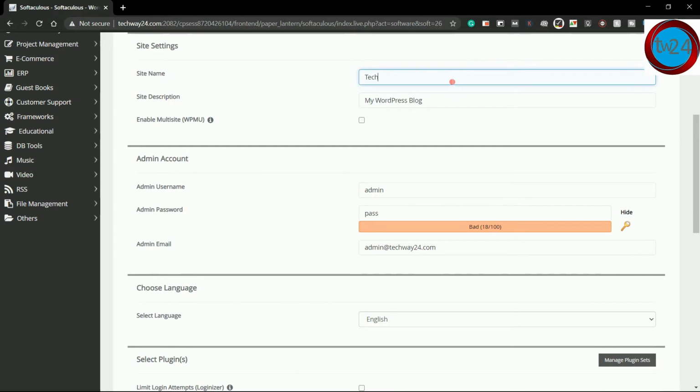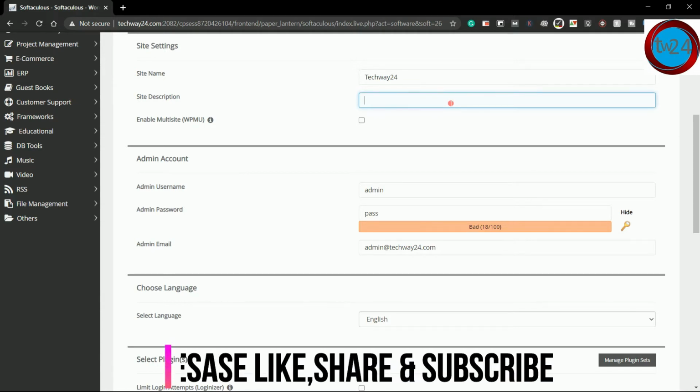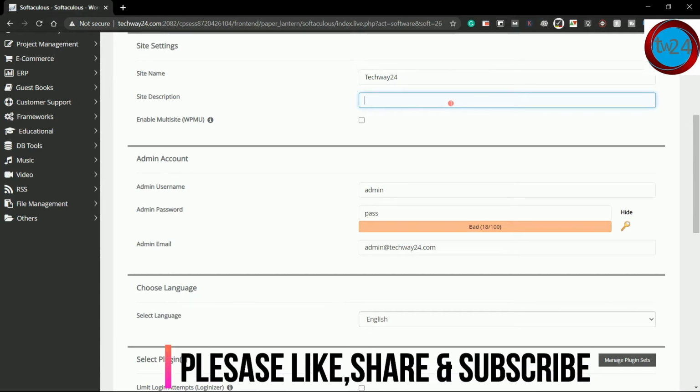Under site name, you need to enter your site name. In my case, I am writing TechWay24. Under site description, it is like a slogan for your website. You can give any slogan for your website, like in my case I am writing tech that matters.